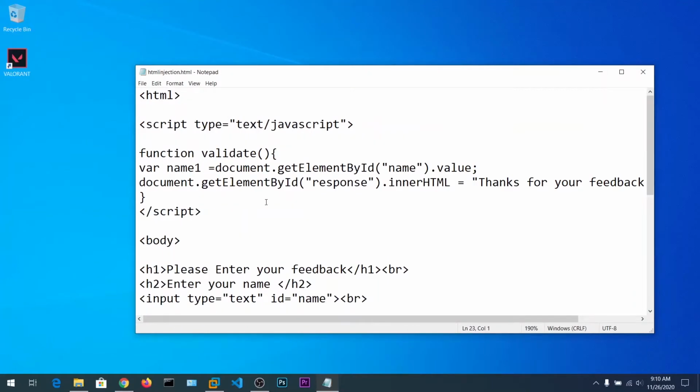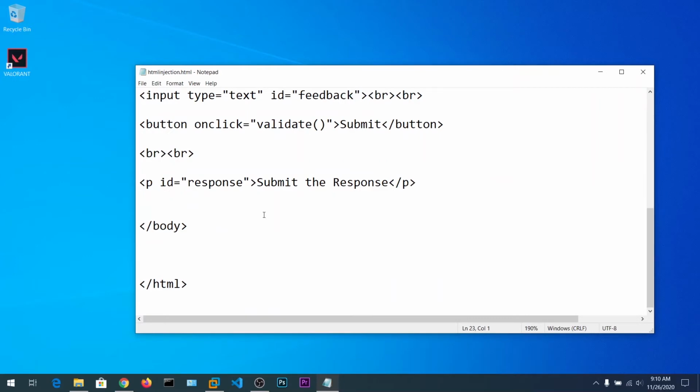So guys, in this video we are going to take a look at another attack called HTML injection. HTML injection arises when the user input is not properly filtered, or it's unsanitized input. We are just appending to some string, and it is rendered by the browser as an HTML element.